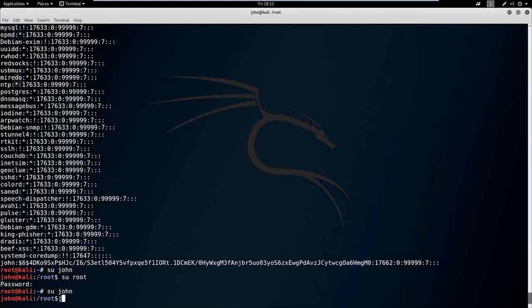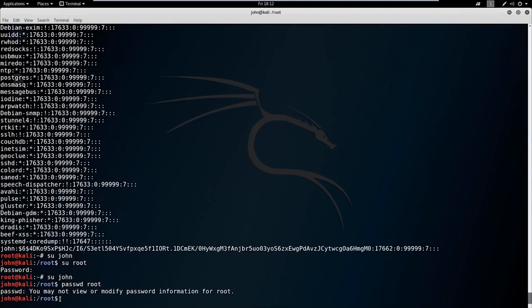So if we wanted to change the password, say we want to change the password for root, I can't modify the password information because I don't have that kind of access. Now there is something called sudo, which would provide John that access if we gave it to him. So it's called a sudoers file, and basically anybody in that sudoers file can change permissions given if they are a sudo user, right? So we would type in sudo passwd root,